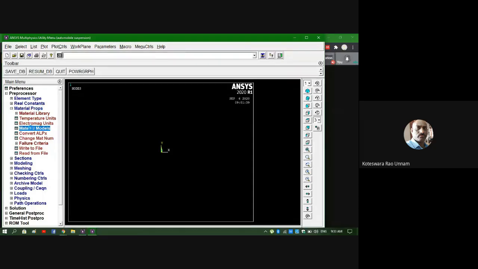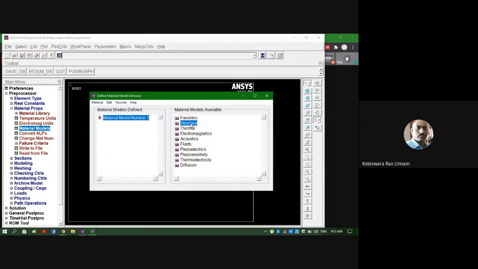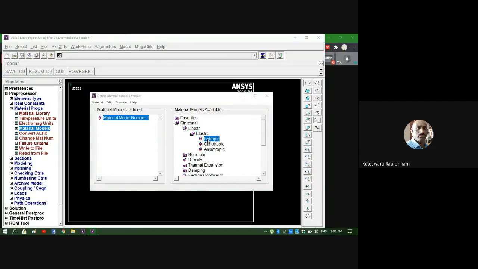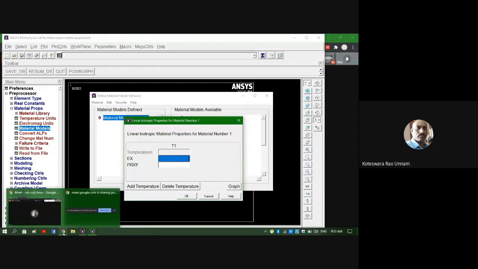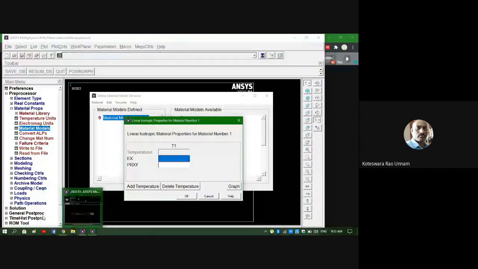This is also already known to us. I need to define the structural properties. In this, now Ex you need to define. What is the value of Ex given in the problem? He has given it as 200 GPa. But here, if you look at the loading conditions, the load is in kilonewtons.